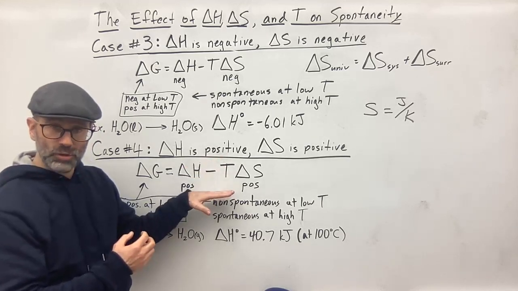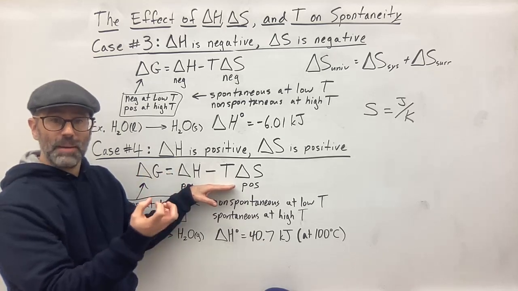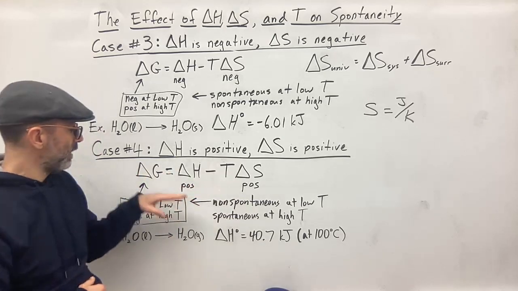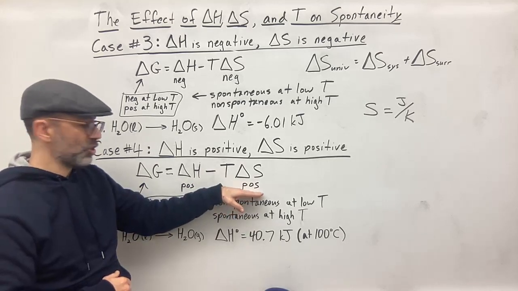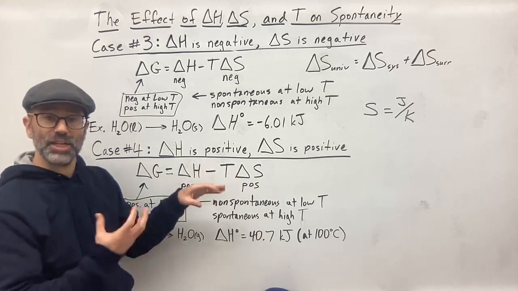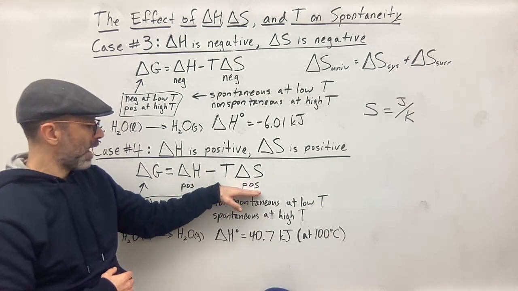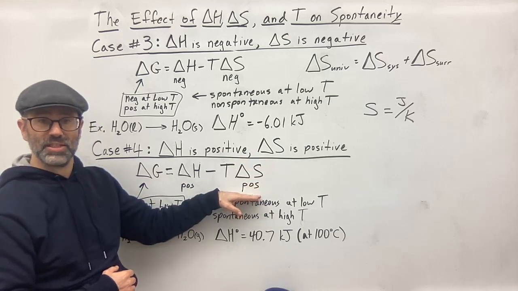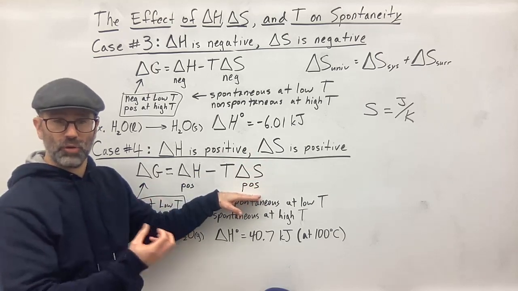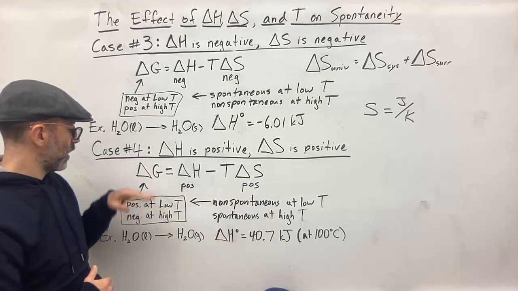So if we had this at low temperatures, we can keep that entropy loss at a minimum, and then we have that positive entropy gain in the system. And so if we can keep the entropy loss at a minimum, such that the positive entropy gain of the system overrules or is predominant,